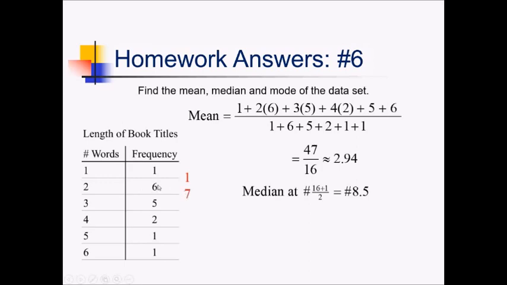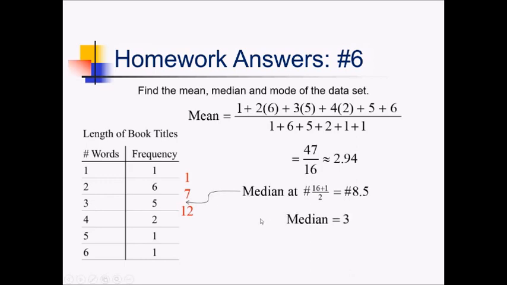So this one concludes with item number 7. And after we throw in 5 more of these 3 words, then we end up with 12. So up to this point, we've listed out 12 of these data items. Now, item number 8.5 is going to fall somewhere between 7 and 12. So somewhere in here. That means our median value is going to be this one right here, which is 3